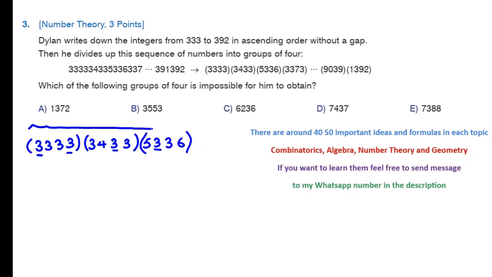Pay attention, this part will be repeated because in the next part again we consider underlines. 337 and 338, we underline this one and so on. So the period is similar to this. You should pay attention to this period and for each choice see